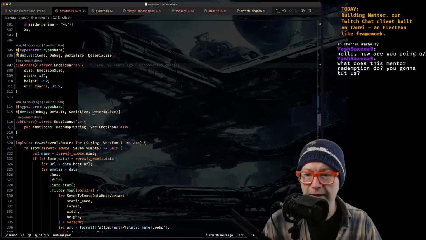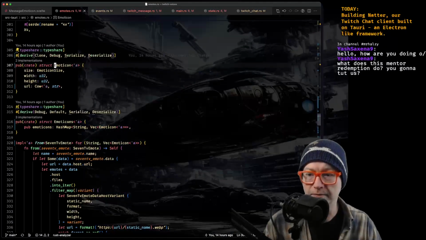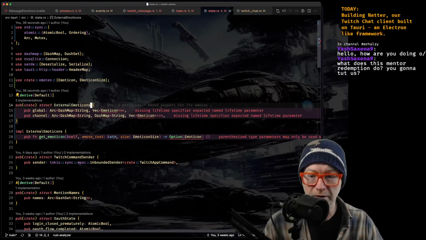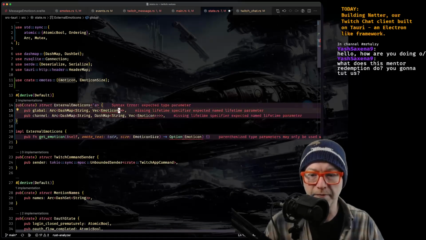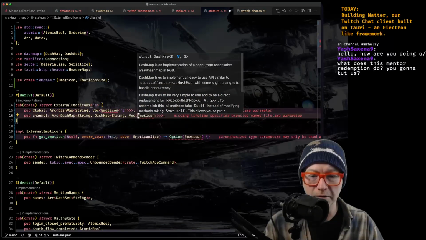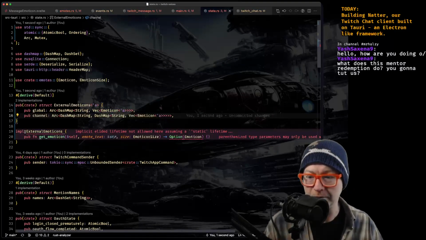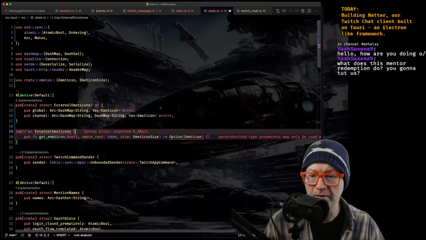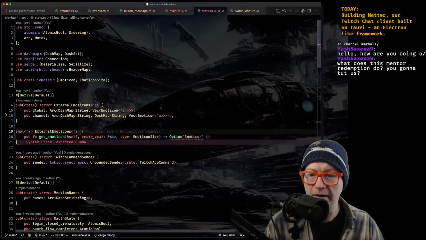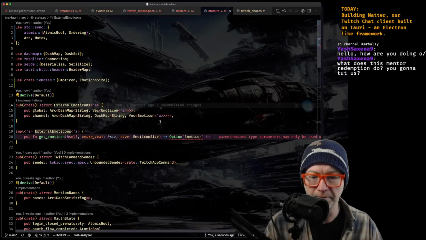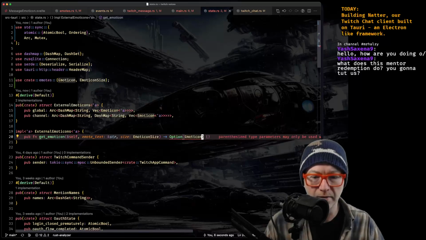We have converted these dash maps. Instead of using a string, they need to use emotes. But these emotes need lifetimes because of the cow to the URL. So we're cleaning that up a touch. I wish there was like an add lifetime. And in this case,